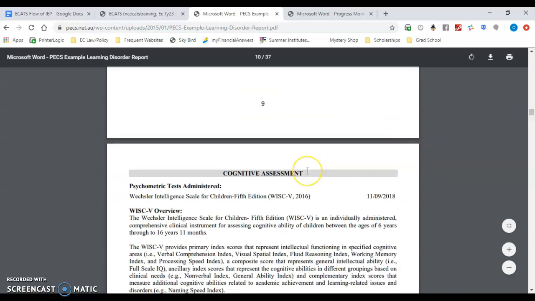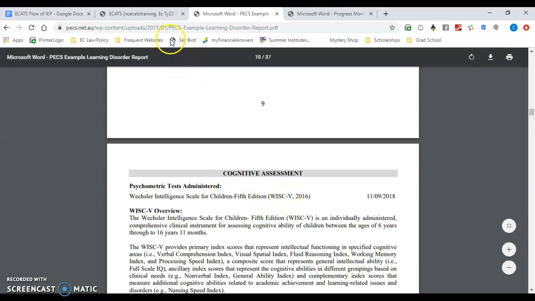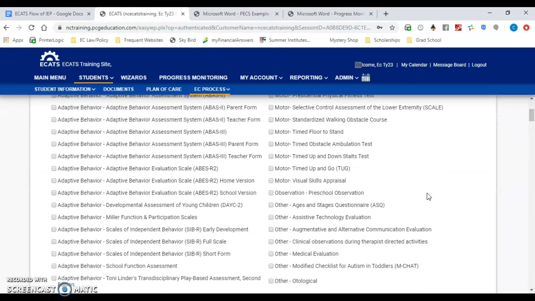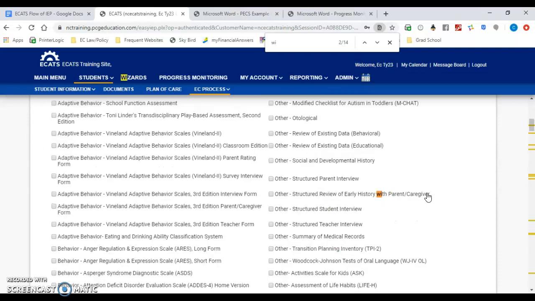So here is my cognitive assessment, and it says I have the Wechsler Intelligence Scale for Children 5th edition, or as we call it, the WISC. So I'm going to go back to my ECATS. And I could go through and try to search for every little thing, but I'm going to hit Control F so that I can search the page as a whole. And I am looking for the WISC,